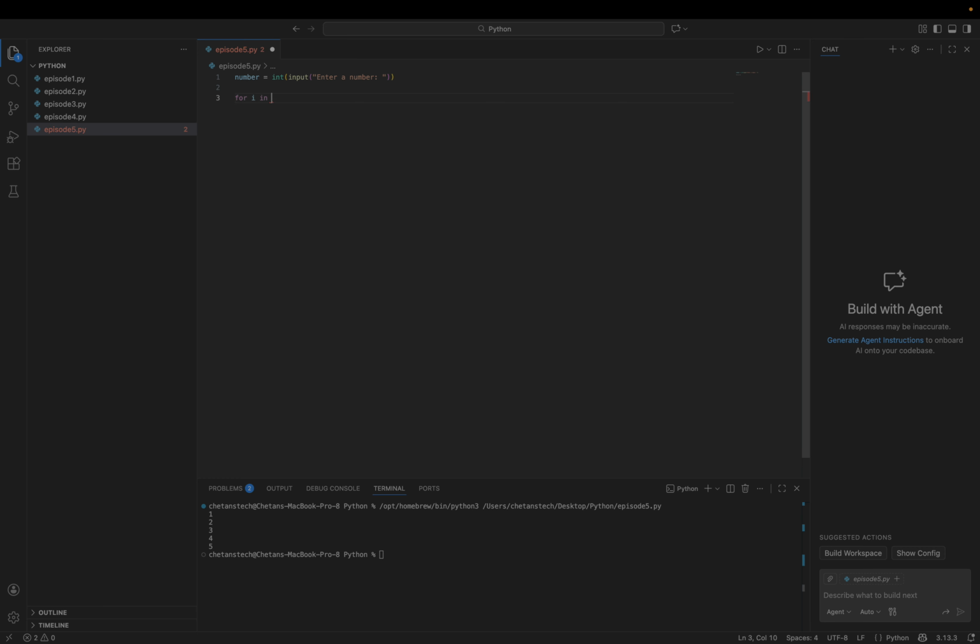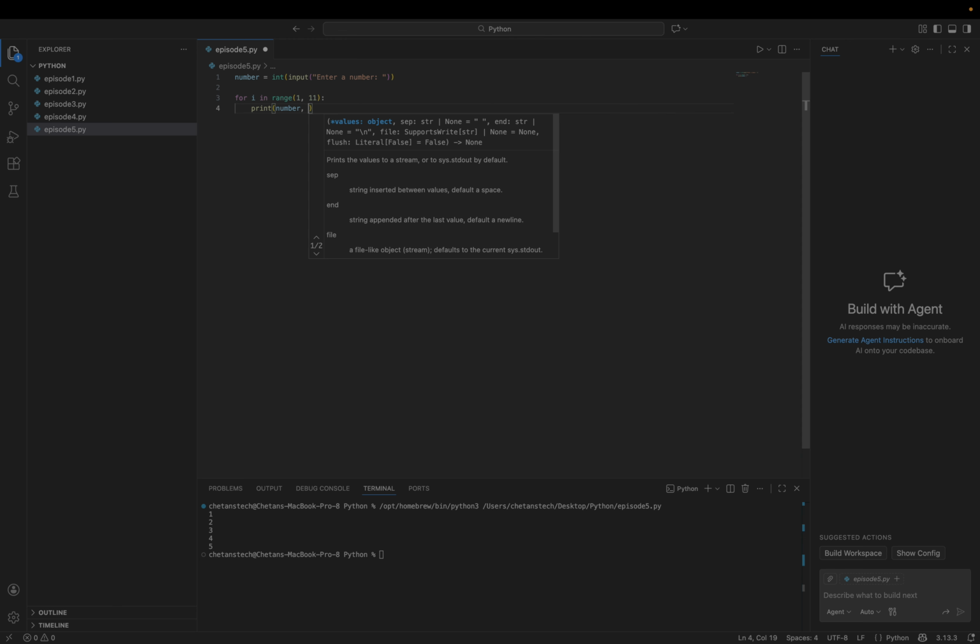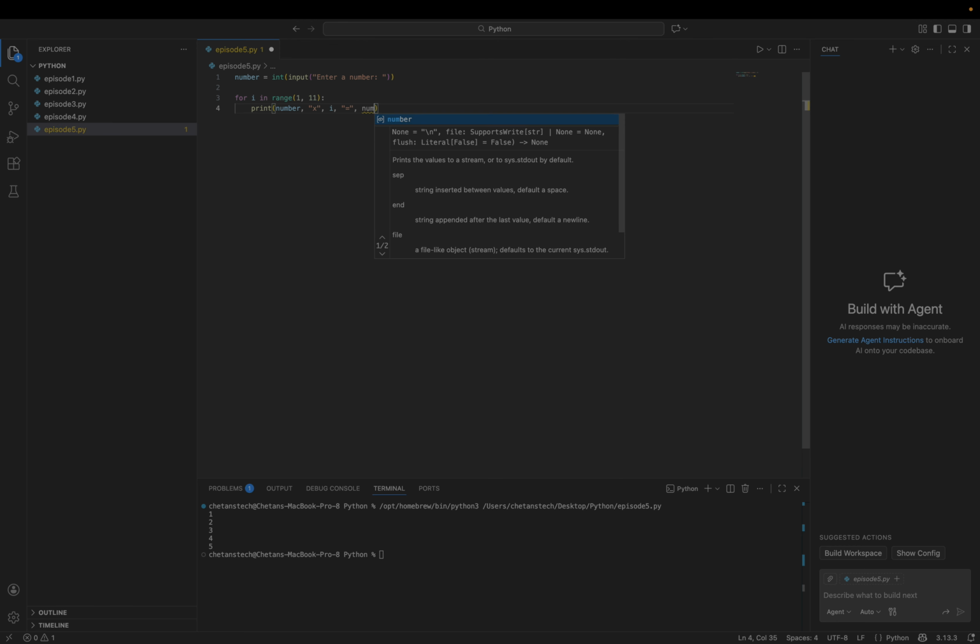For i in range 1 to, let's say, 11, print number x number to i.